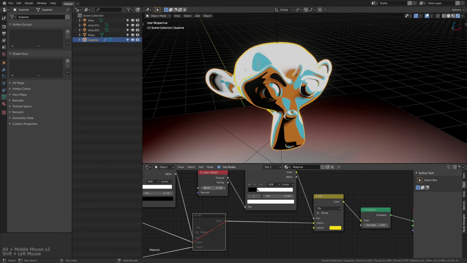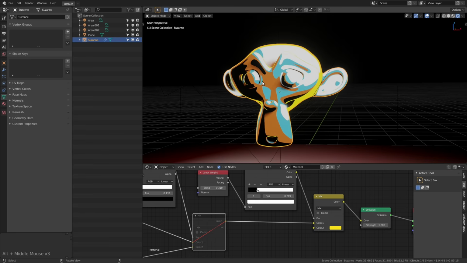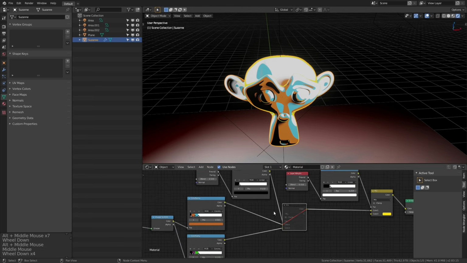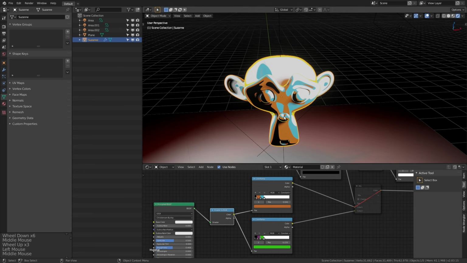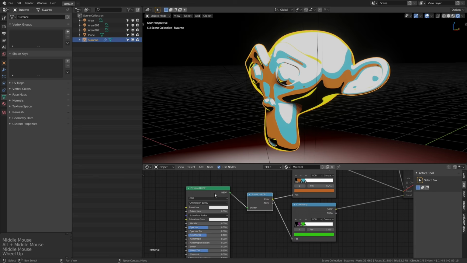And all of these Fresnel effects are going to work well on curved surfaces. They won't be quite as visible on flat surfaces, but it just goes to show you that you can do a lot with some creative thinking. And this shader to RGB node is seriously one of the cooler things Eevee has to offer, just because, again,